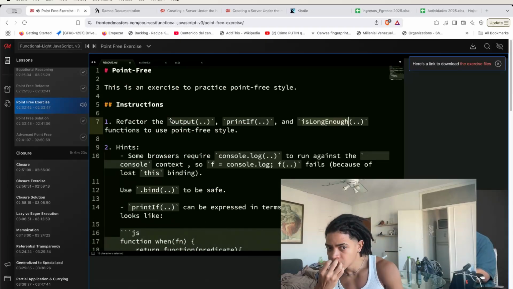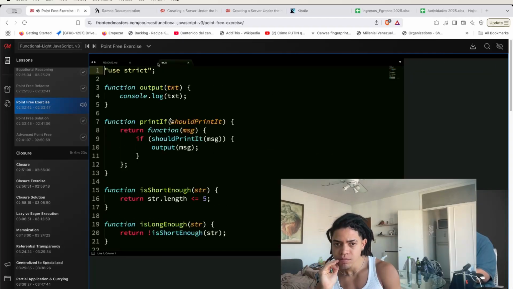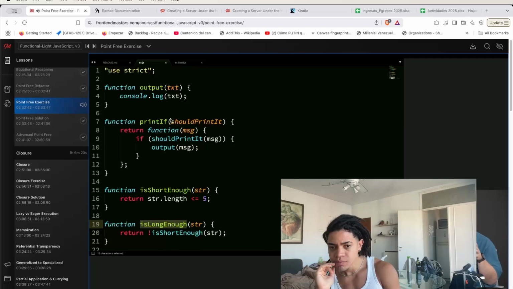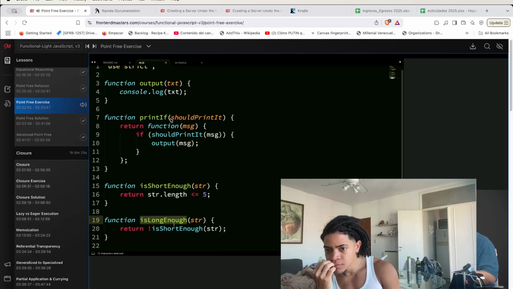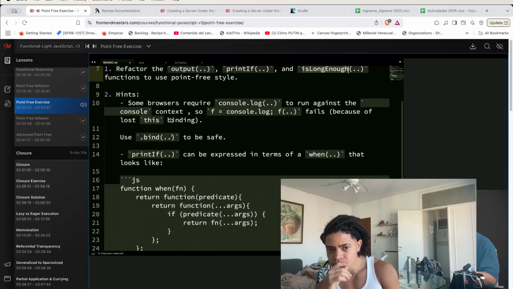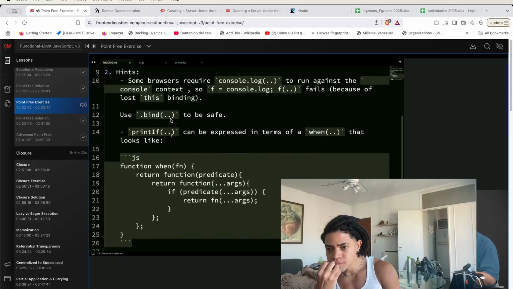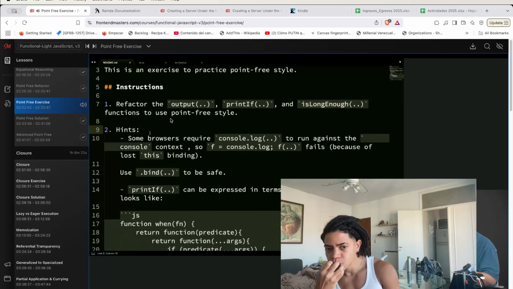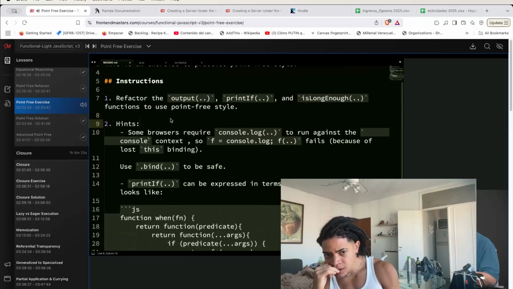Those three functions you need to modify or refactor to be defined in point-free style. If you look in the exercise file, you'll see they're all at the top: the output function, the printIf function, and the isShortEnough function, and the isLongEnough function. Those are the three functions you want to refactor to be point-free using the techniques that we talked about. There are a number of hints listed in here. These are important for you to actually complete the exercise, so make sure you check out the hints in the reading. It should help you with